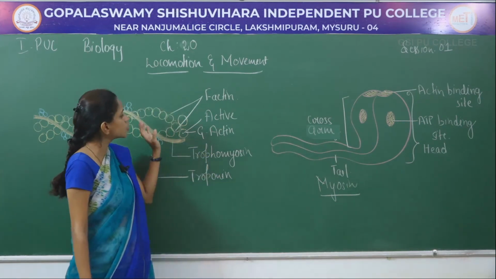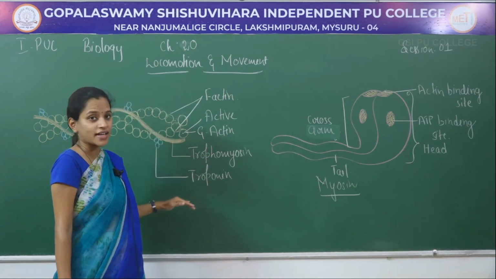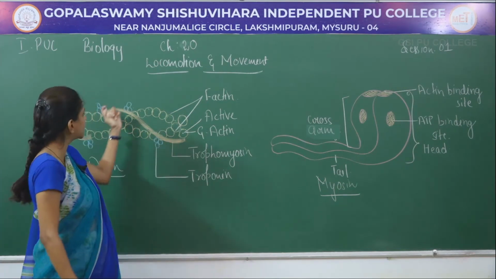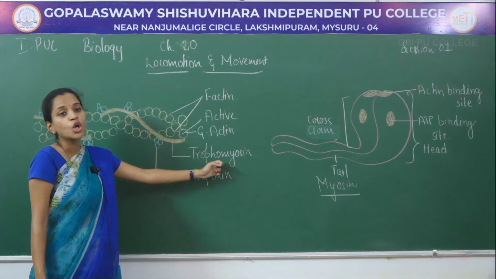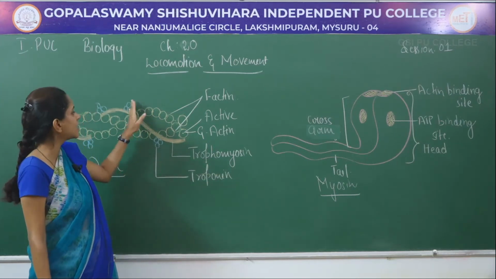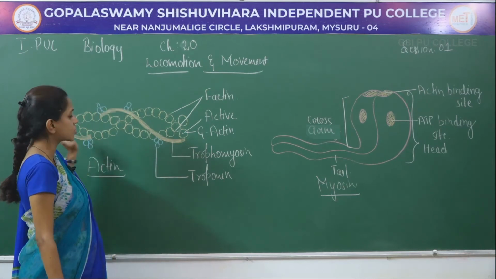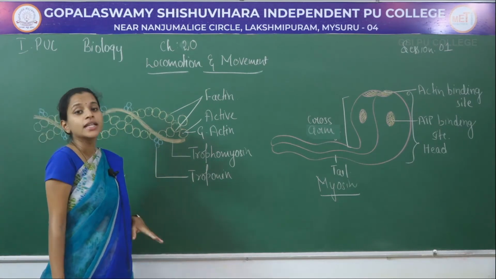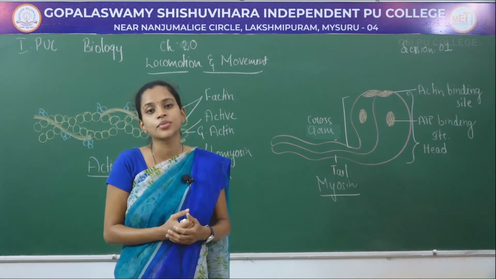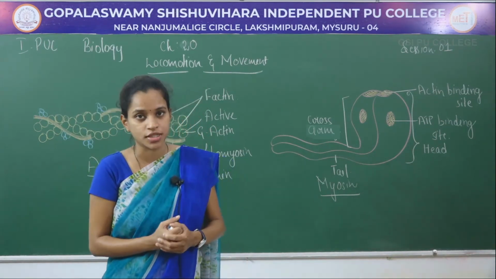Next, when it comes to the rest of the structure of actin, these two polymers of F actin are held together by a thread-like structure called tropomyosin, and this tropomyosin at alternate regions has a structure called troponin. This troponin helps during contraction and also contributes during the relaxation process.